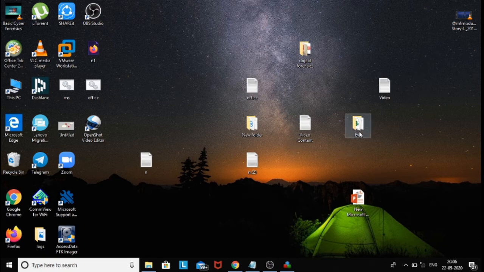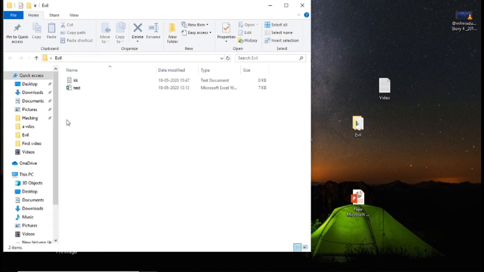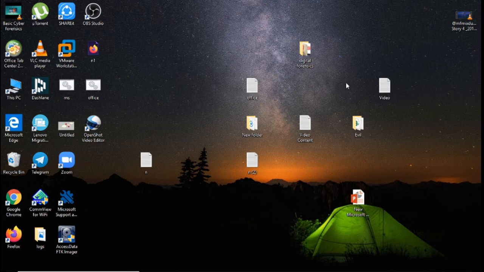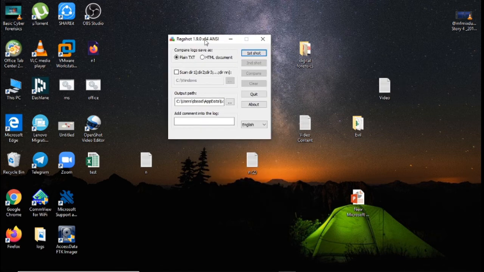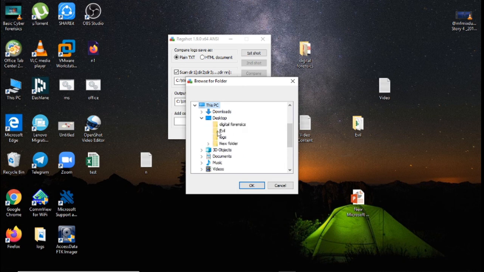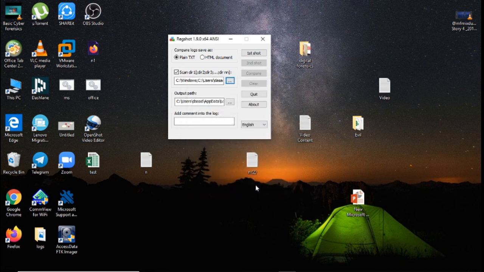Suppose I'm creating this evil folder now. Okay, and right now I'll cut and paste this on the desktop. Yes, and I'll open this RegShot. Now we won't take the full snap of this computer. We'll just scan a dir. What it means is we'll just see what changes are made in this evil folder. Okay, just browse it, desktop. Yes, see, you just need to select it. Now take the first shot of this evil folder. It will take the shot and